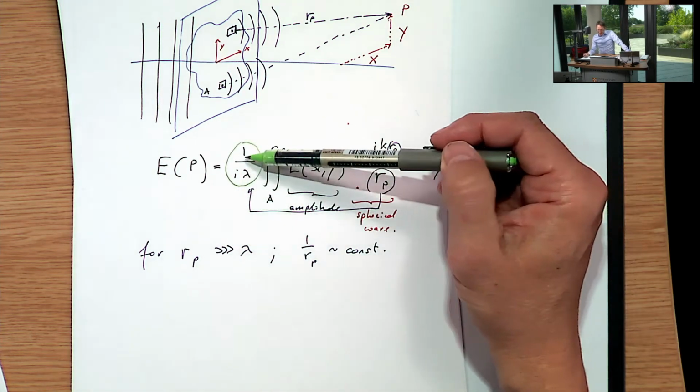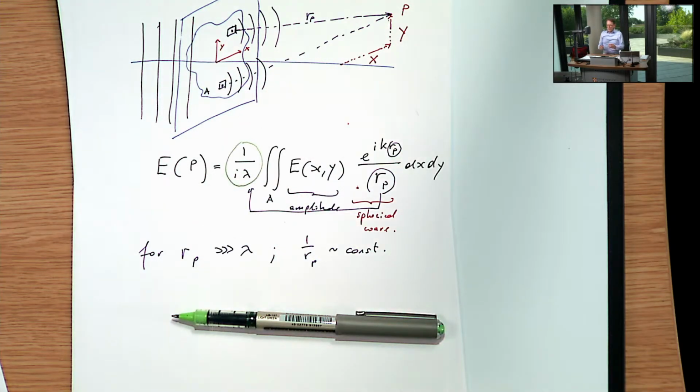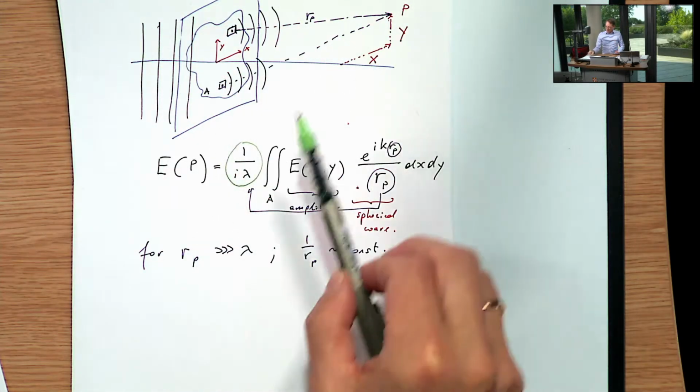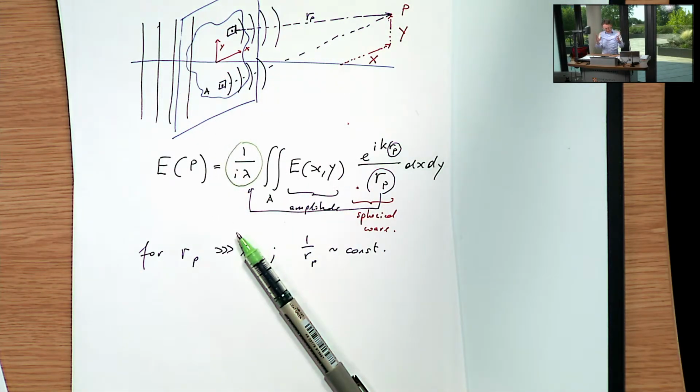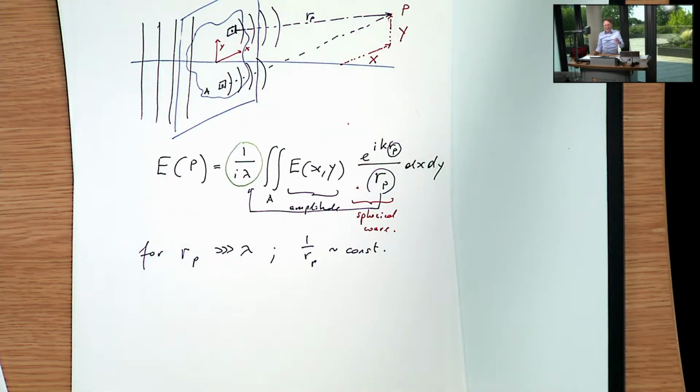But the i factor here is essentially something that takes into account that the wave only propagates in the forward direction, because a normal spherical wave would of course go into all directions, but here we only look at the forward field for these secondary waves, and there's also a phase term in there with the i that comes in. But for the purpose of the course,